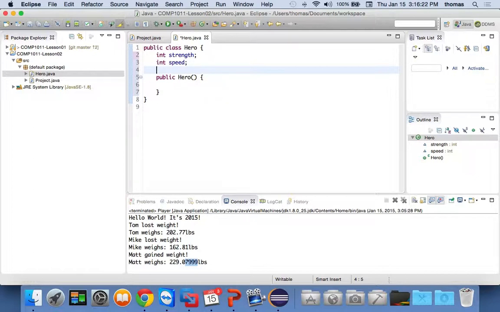How about courage? And how about a health? They have a health, right? You know, if we're making a hero, people have health. Heroes have health, right? What other things do the heroes have? They have speed. They have health. They have strength. These are some properties that they have, and they can also do a few things,